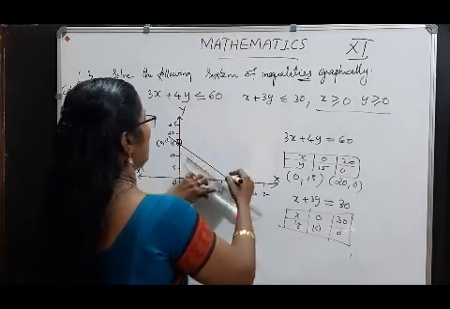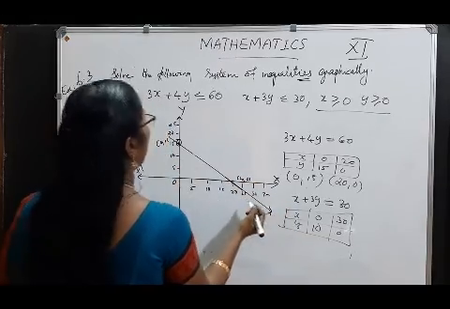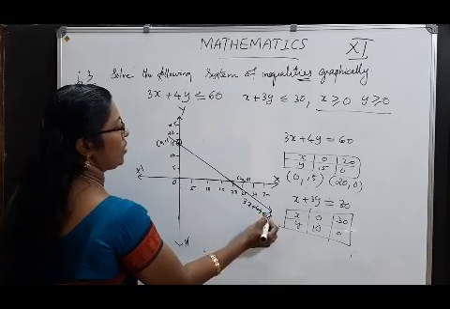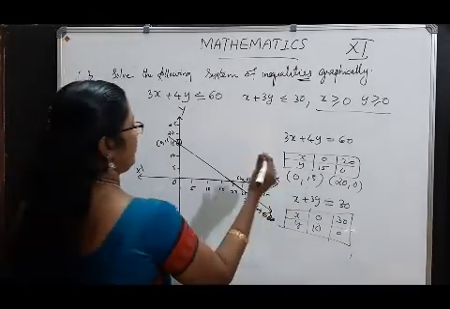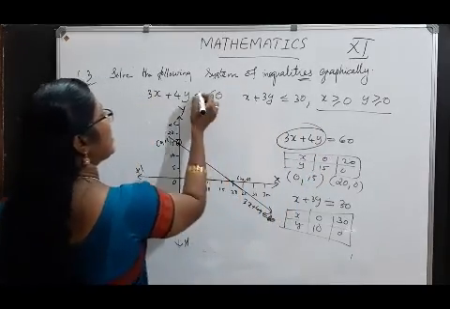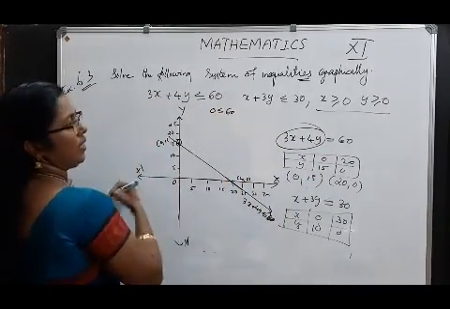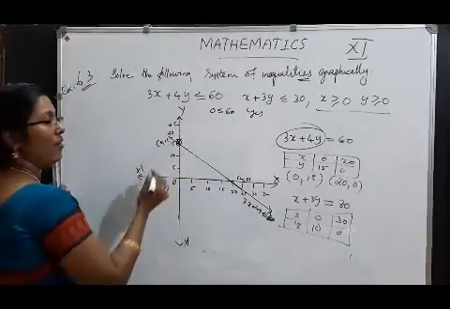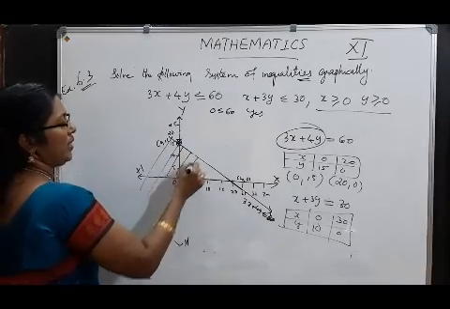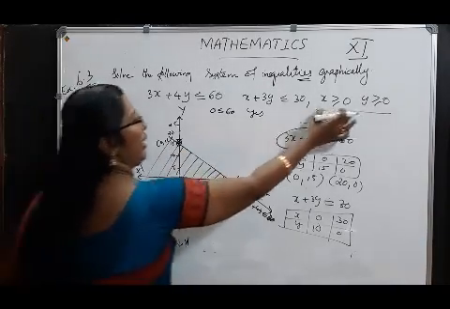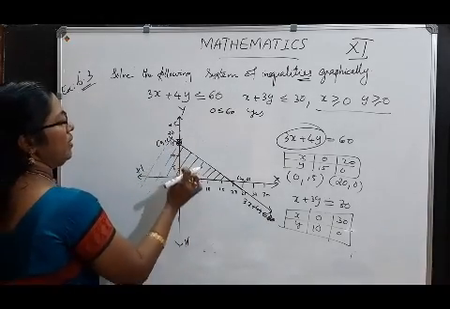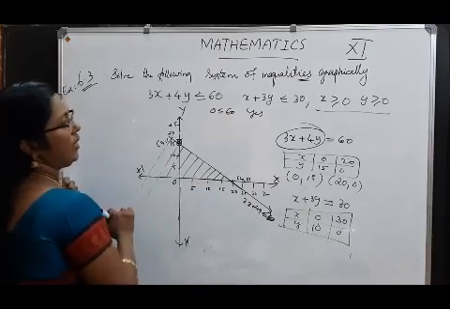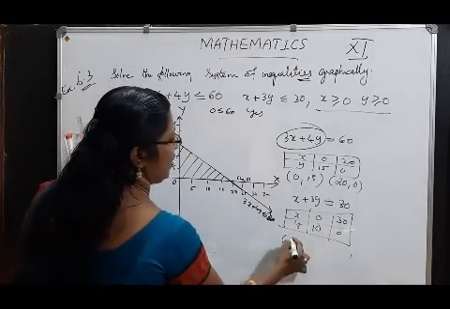It is a slack inequality, so draw the line. Okay, draw the line for 3x plus 4y less than or equal to 60. Then substituting 0, 0 less than or equal to 60, yes. Okay, so the region represents, here the condition is the first quadrant, only the first quadrant. So no need to shade beyond it, only the first quadrant, up to this. Then the second one.